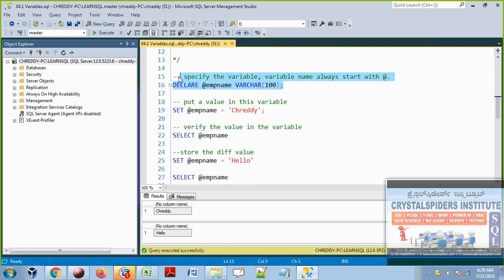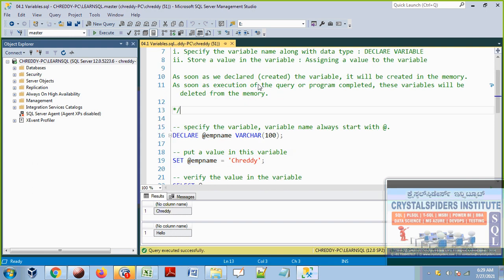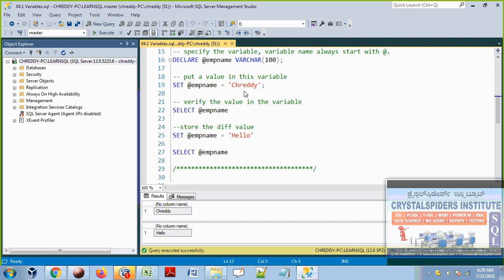So as soon as this step is executed, guys, in this batch, in this program, the 16th step, it will create this variable in the memory. What value will be there inside that variable at the time when it is created in the memory? Null will be there. After that we are storing some value. So by default, when the variable is declared, in that variable we can see the null value. In the coming sessions we will see that. Okay, so this is what, guys, variables, declaring the variable and assigning the values.